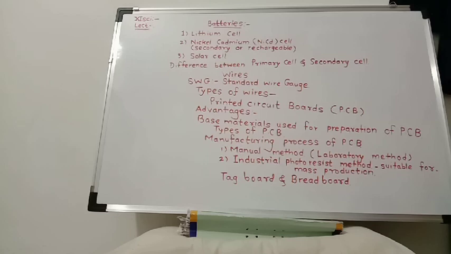So there are a number of horizontal and vertical rows, and a number of holes on the breadboard for mounting electronic components. After testing the circuit, we can withdraw all components which are used for this circuit. We can remove these components from the breadboard. Okay, so we will stop here.